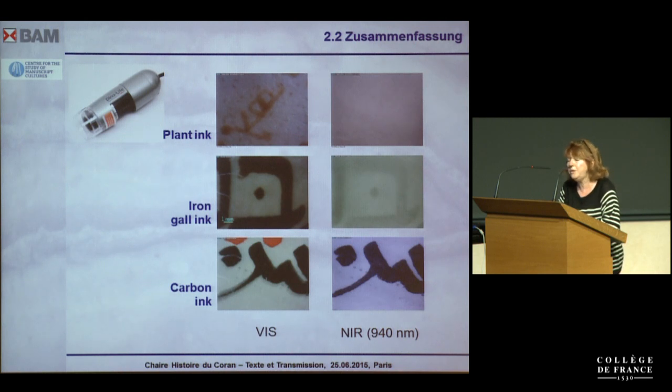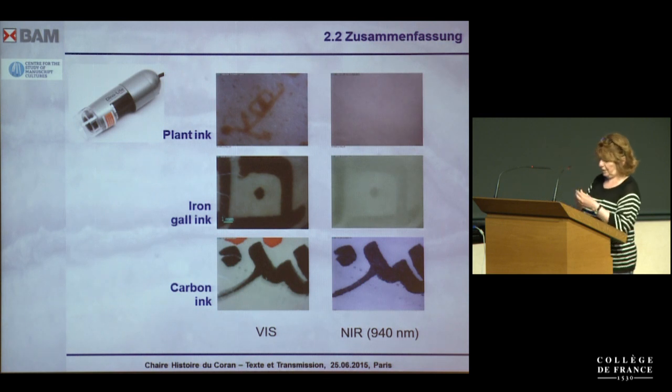We are using reflectography to identify the type of the inks. You see here three different types of inks. In the upper row, it is plant ink, extensively used in the early Middle Ages. If you illuminate your manuscript first with visible light, you see here, this was good. The upper row, plant inks, you see it in visible light, but it completely disappears in